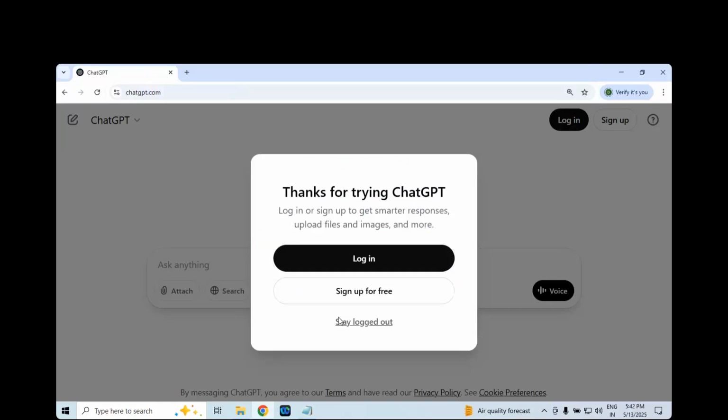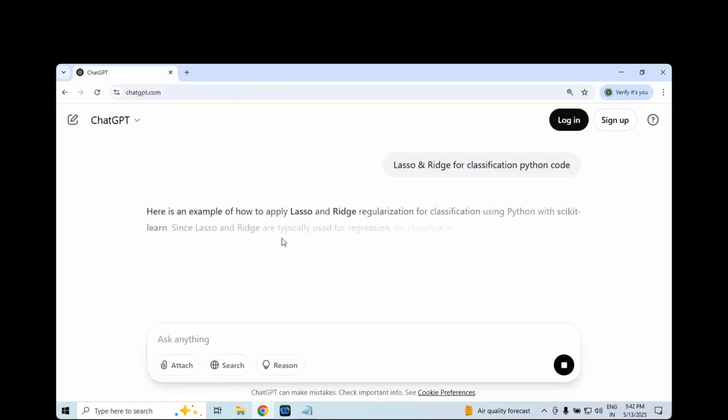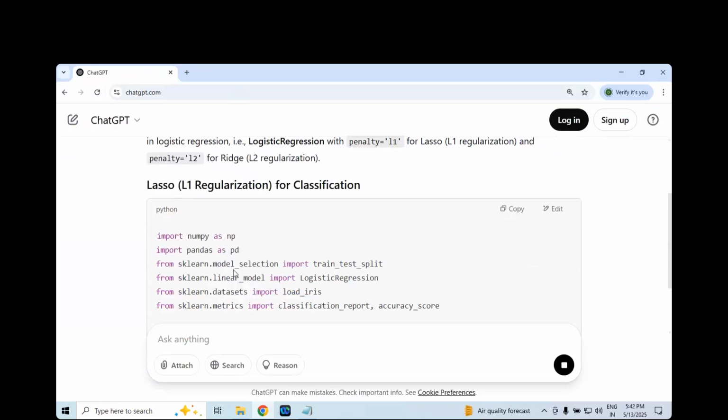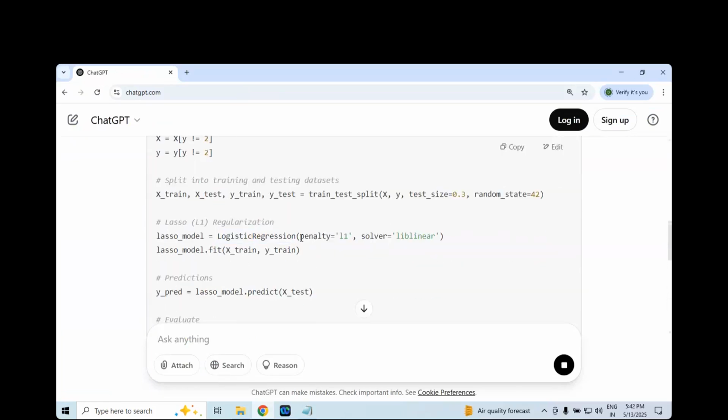Lasso and ridge for classification, Python code actually. Maybe we are going to see today. Good. Logistic regression, penalty equals L1 means lasso regression. This is the confirmation, right?